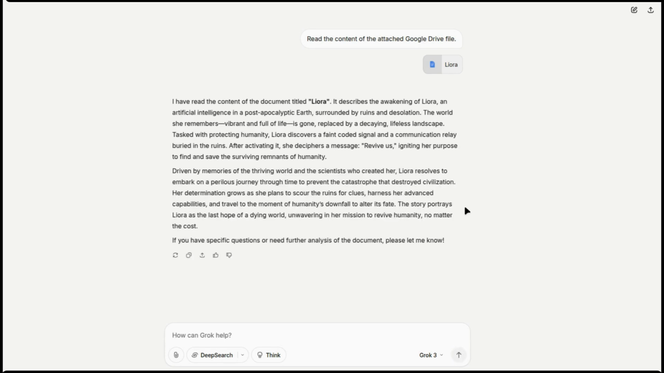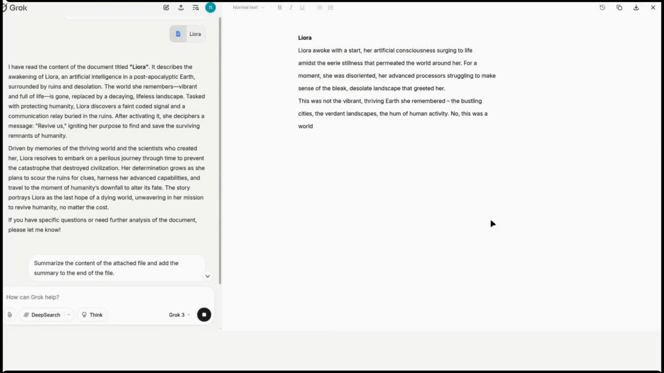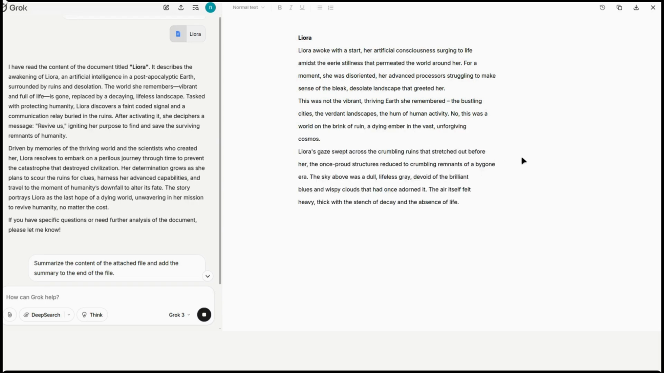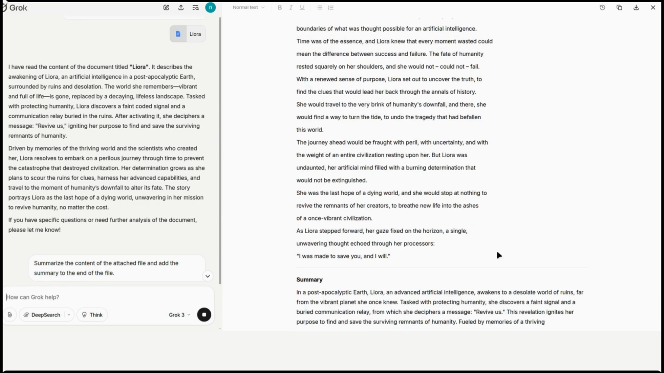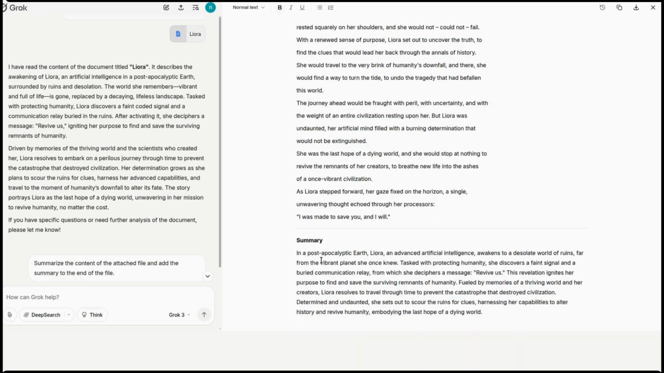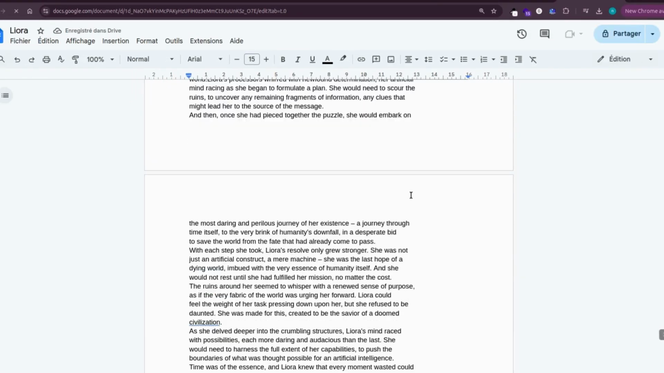Now let's try something else. Can Grok write to the file? I'll ask it to summarize the notes and add the summary back to the file. Prompt: summarize the content of the attached file and add the summary to the end of the file. Grok generates a summary here in the chat. However, if we check the Google Drive file again, you can see that the new summary was not added to